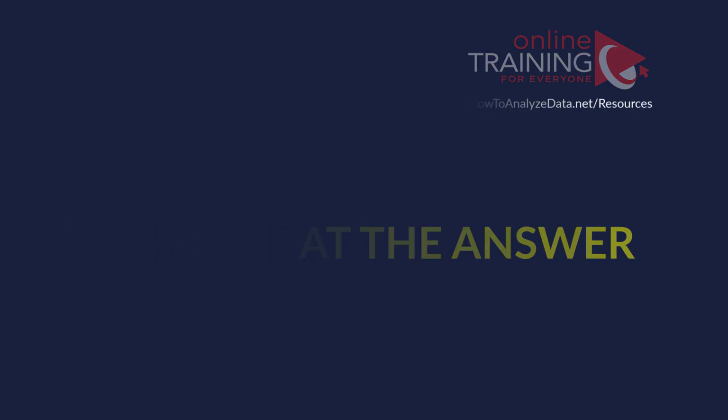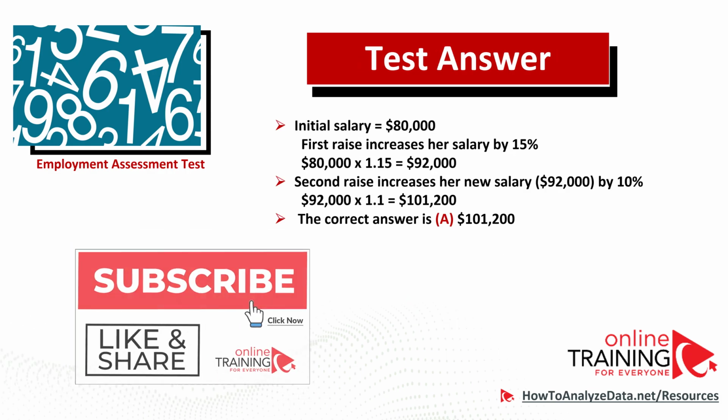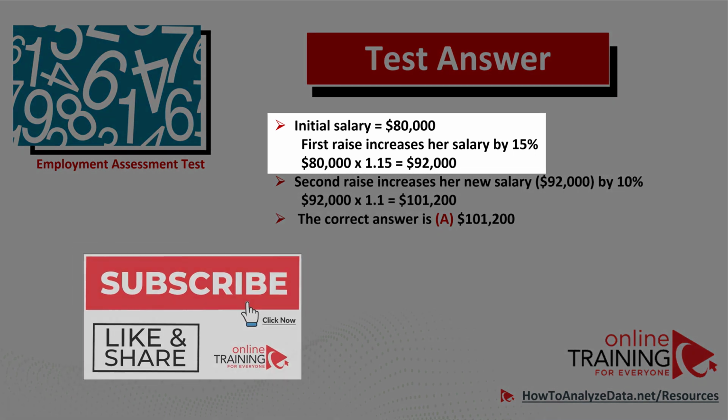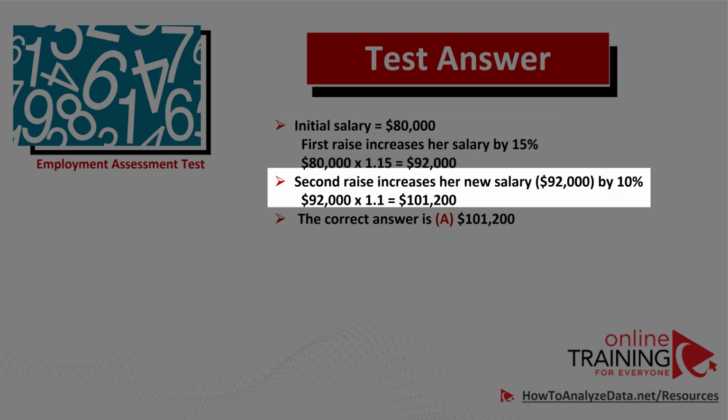Did you come up with the answer? Let's continue to see if we can solve this challenge together. To calculate Lawrence's new salary, we need to take her initial salary in the amount of $80,000 and then increase it by 15% and then increase it again by 10%. So the first increase, when we multiply $80,000 by 1.15, which represents a 15% increase, would be $92,000. And the second raise increased her salary by another 10%, which would be equivalent to $92,000 multiplied by 1.10, which would equal